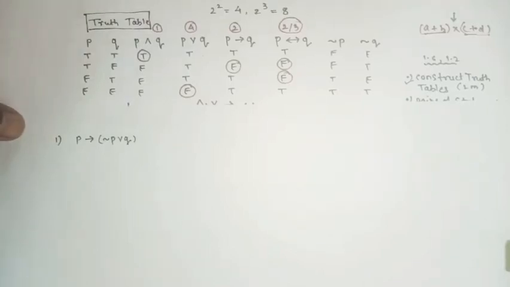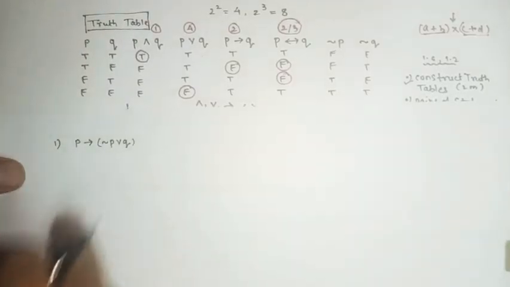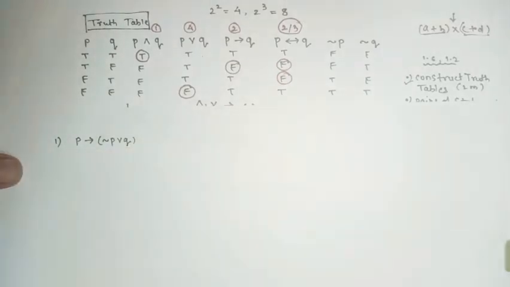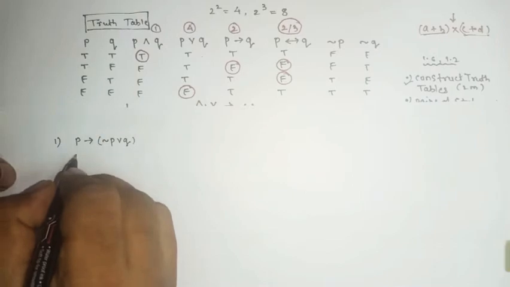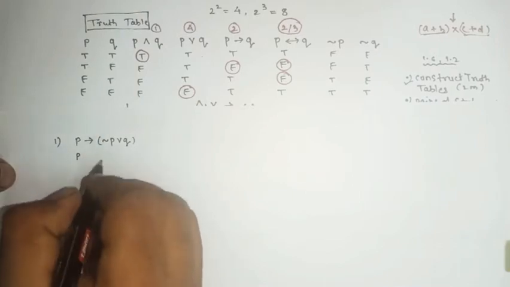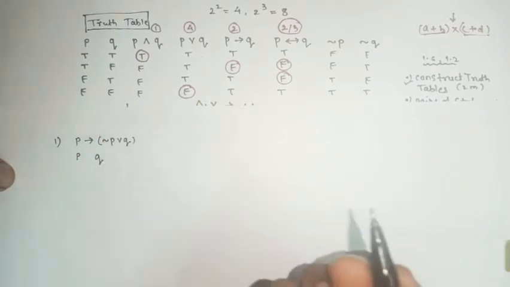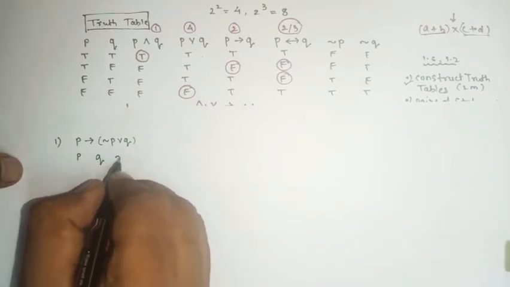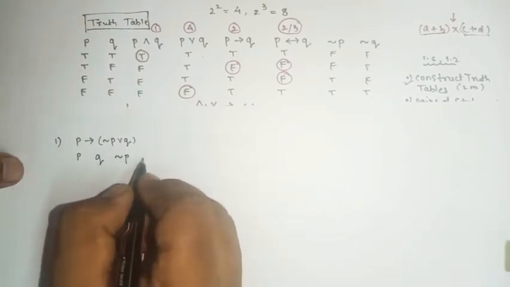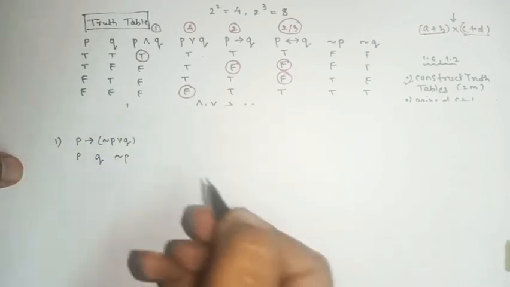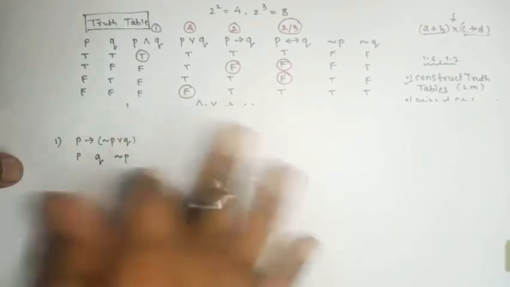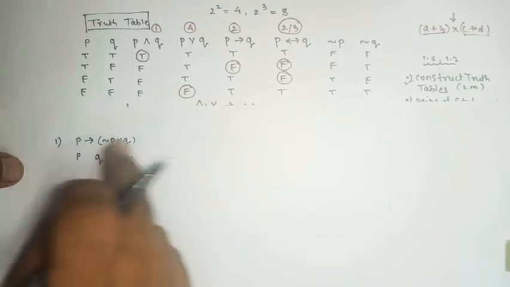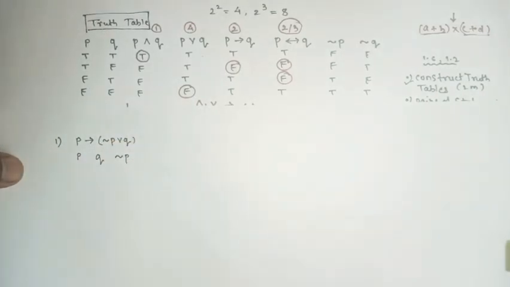Okay, so now we'll start with the sum. Here we have the pattern. For this pattern we have to construct the table. So first you will write P, Q, then give importance to the negation of P, negation of Q. If it is not there, then no need, meaning no need to create an extra column. If it is there, then add it; otherwise leave that part.